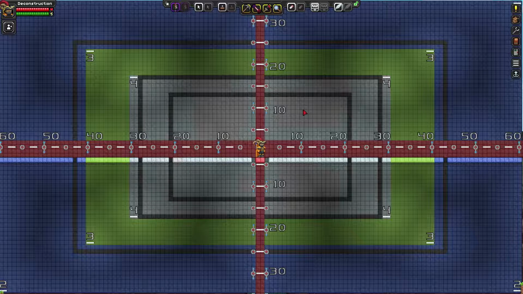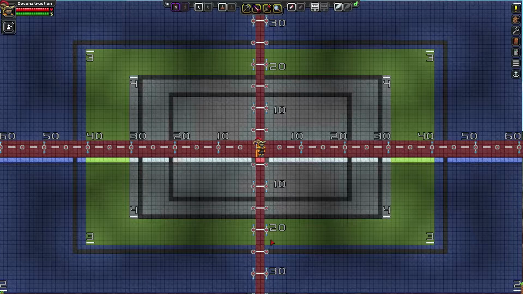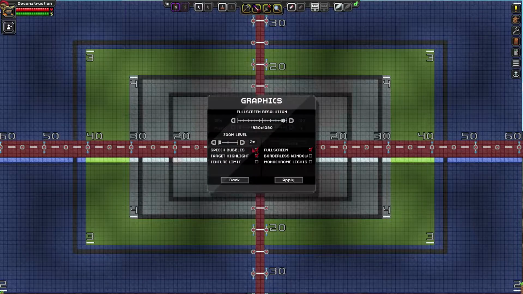Instead of 8, I now take my 8 pixels times my zoom level, which is 2, so it gives me 16. If I take 1920, divide it by 16, I'm going to get 120. Again, 60 in each direction for horizontal. And if I do the same thing vertically, I get about 35 in each direction. And this holds true all the way down. If we zoom in again,